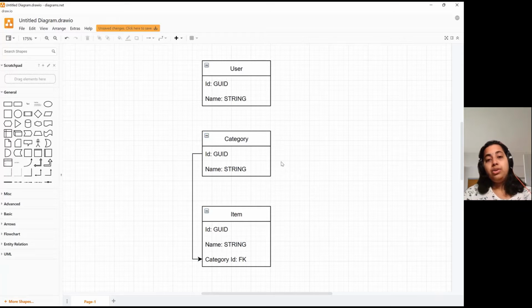So whenever we create an entry for a category, let's say the color category is going to have an ID 123, which is not a GUID. It's not easy for me to call out a GUID number out of my mind, so I'm going to treat it as 123 for now. Then I'm going to create an item of name red and refer the category ID as 123.